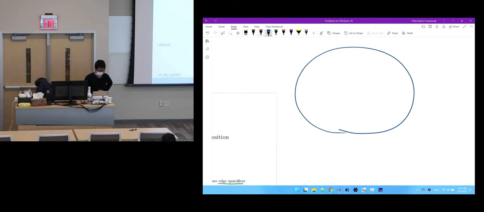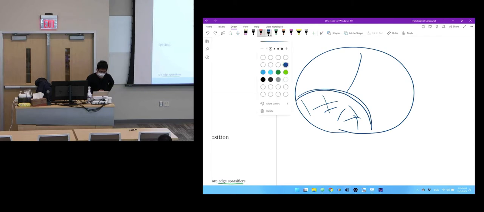First of all, if you start with an expander decomposition of a graph, and you know that each part is kind of expanding inside, then very intuitively, if you have any min cut,